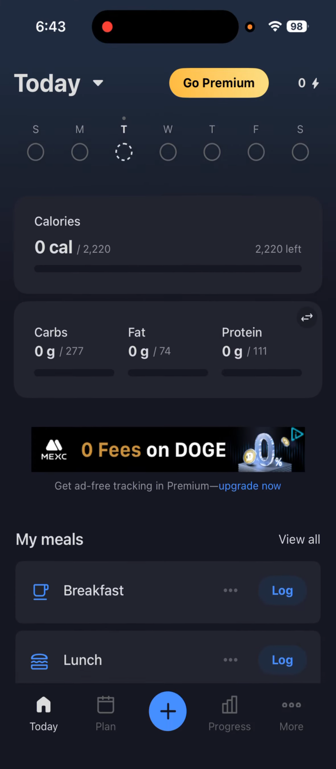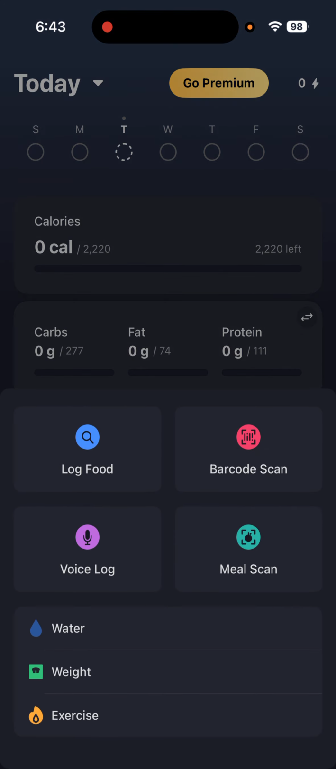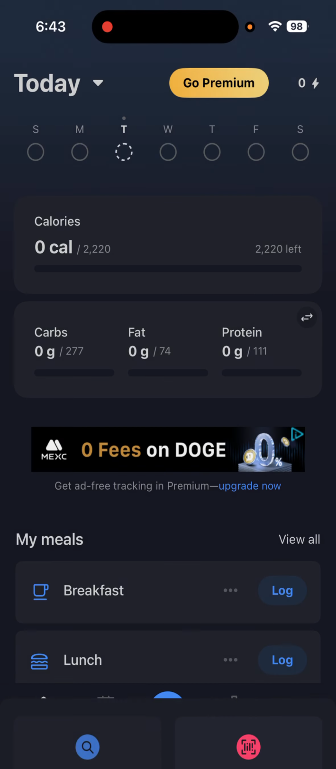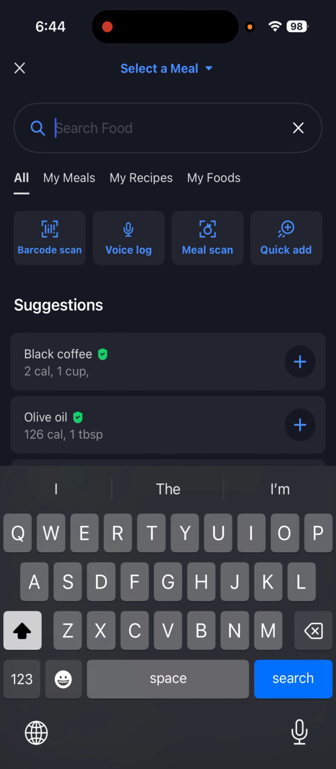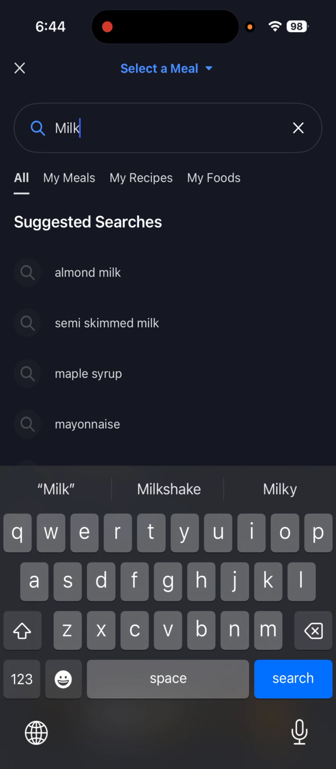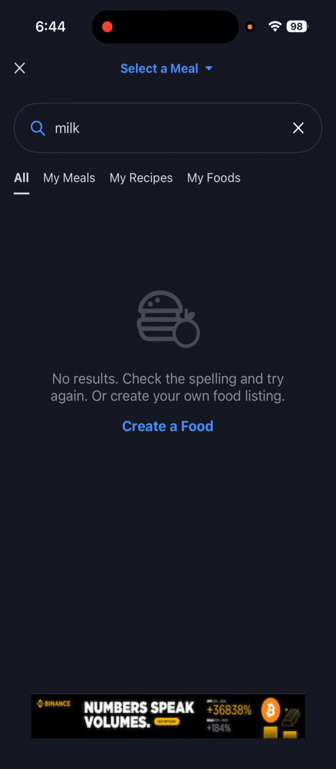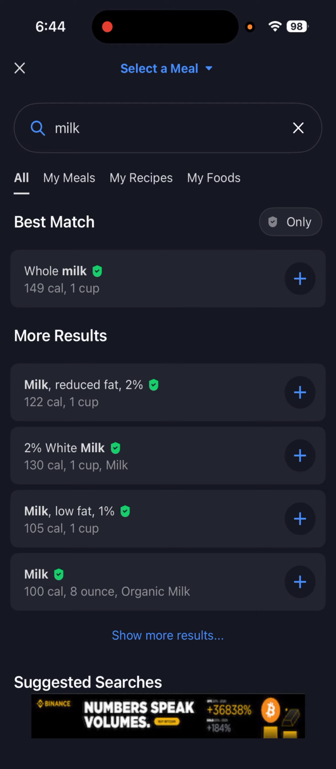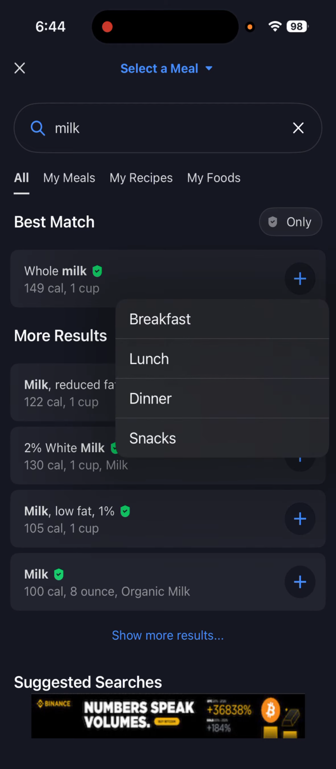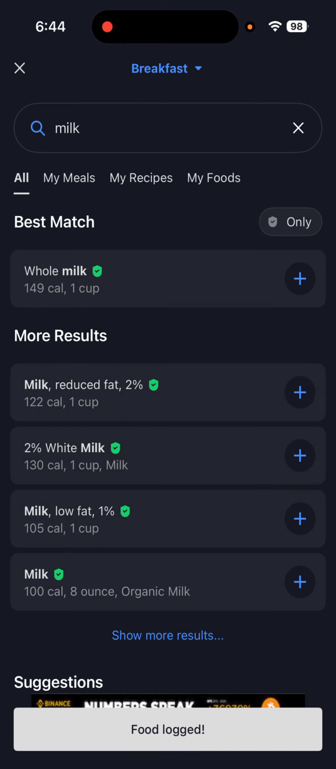The sign up process, you saw there were a few user experience issues, very important issues. Now let's see if we can do something here. I will click on plus, and I will say, for example, log food. Okay, I will say milk, almond milk. Okay, I did breakfast,